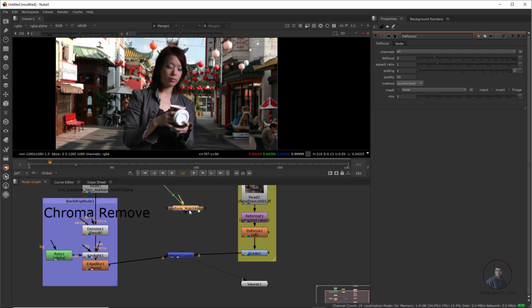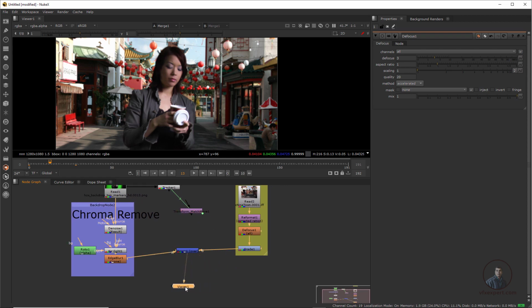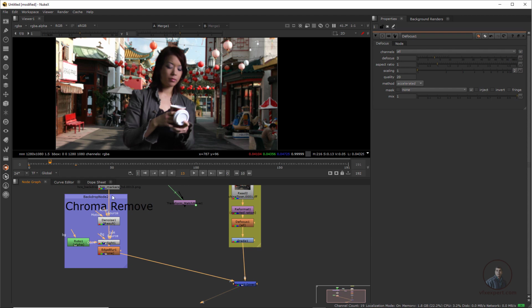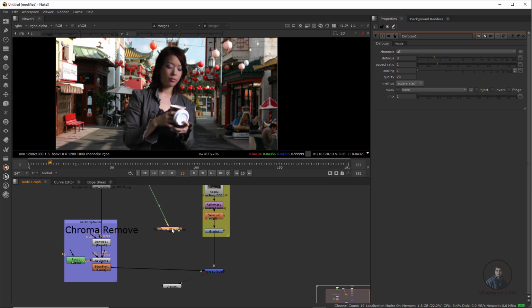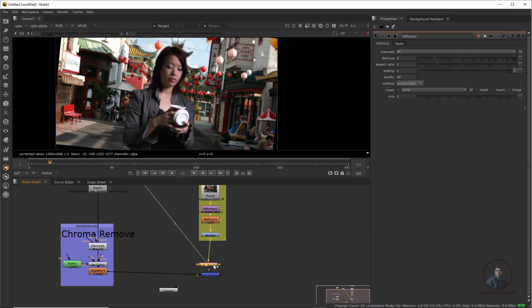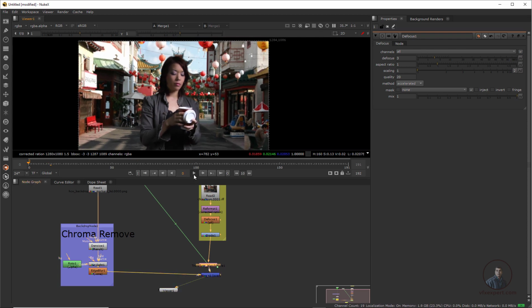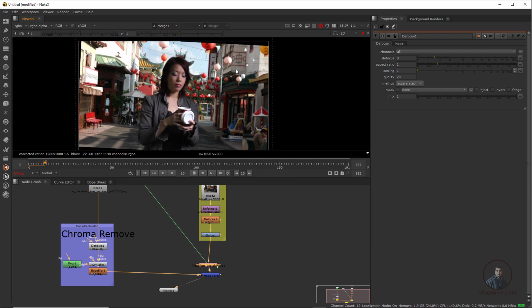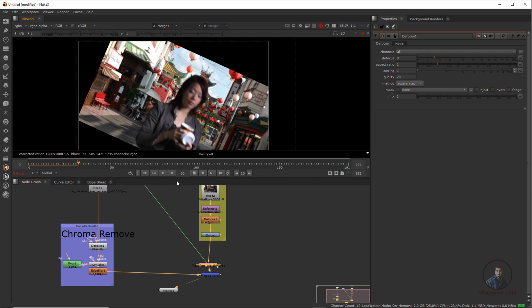For this we have to use the tracking data which we have generated from our shot. So what we have to do is take this transform data, again remember this one, which we have generated from this shot, and connect it with our background here. So just attach it here. Now if you play and check here, we can easily see this thing moving or rotating according to the footage motion here. So this is looking good.